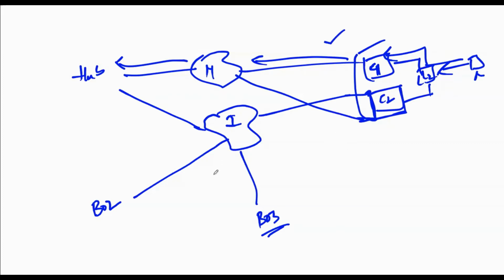What if I want to have a connectivity towards branch 02 and then branch 03? So if the active device is C1, how can I reach branch 02 and then branch 03? Is there a direct reachability from the branch? Let's assume that this is branch 01. Branch 01 to branch 02, I want to have a connectivity. Will it be possible with the help of C1? No, not at all.